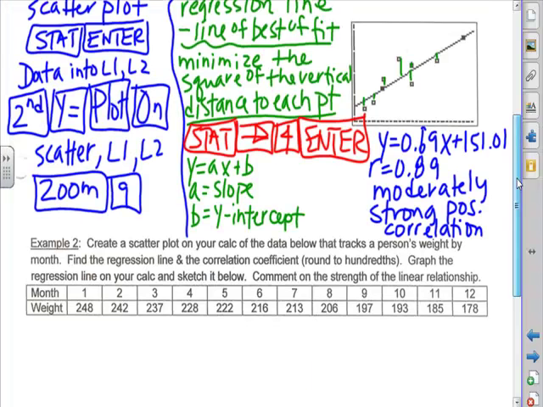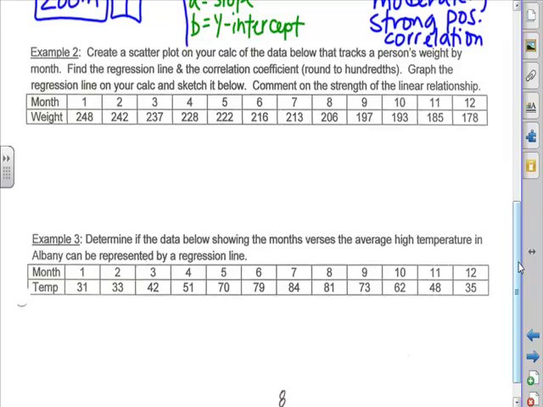Okay, so let's go on down here and do another one. Create a scatter plot on your calc of the data below, which tracks a person's weight by month. Find the regression line and correlation coefficient, graph the regression line on your calc, and sketch it below. Comment on the strength of the linear relationship. So if you want to do this, you might want to stop the video and input the data. I've already got it in my calculator, and this will give me an opportunity to show you how to use